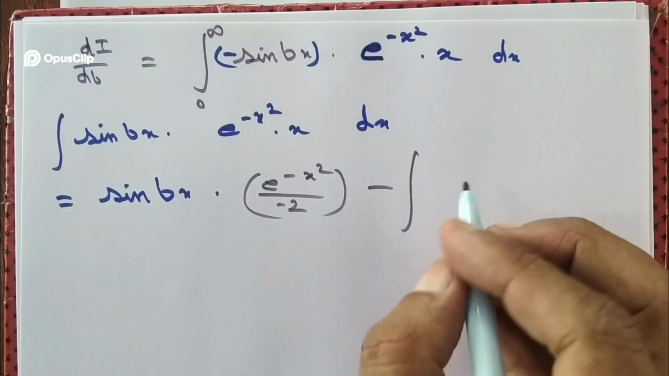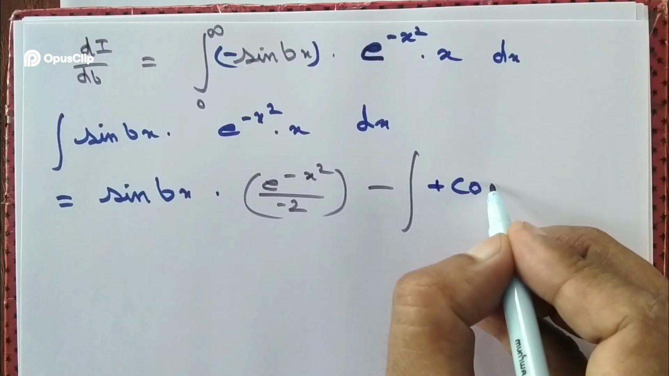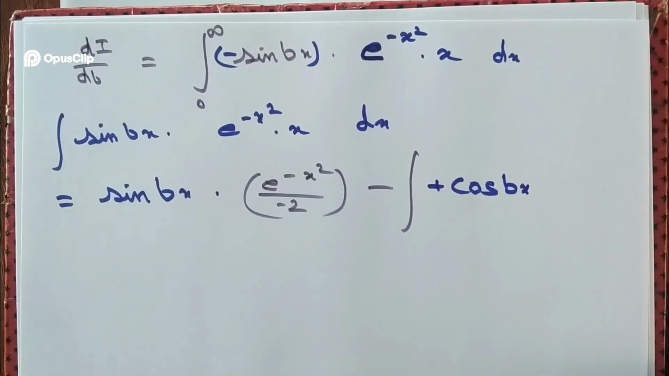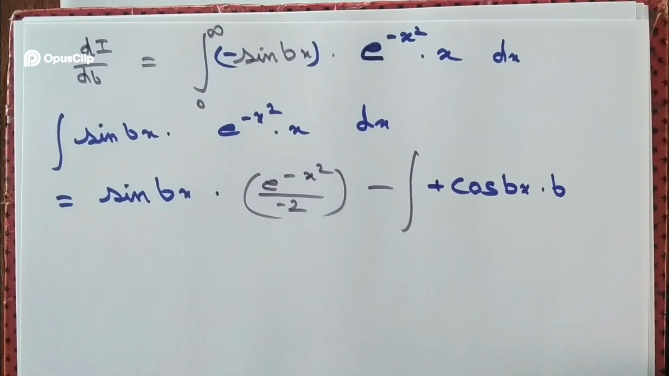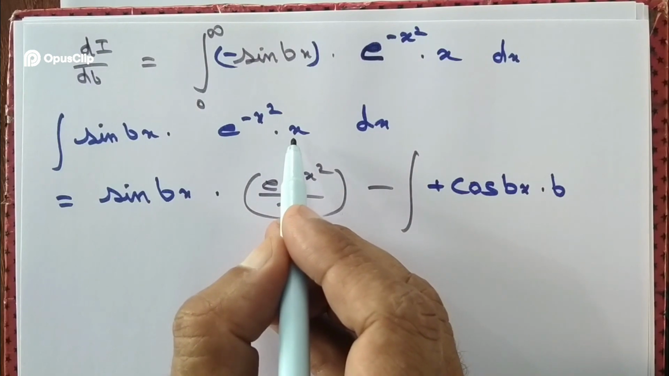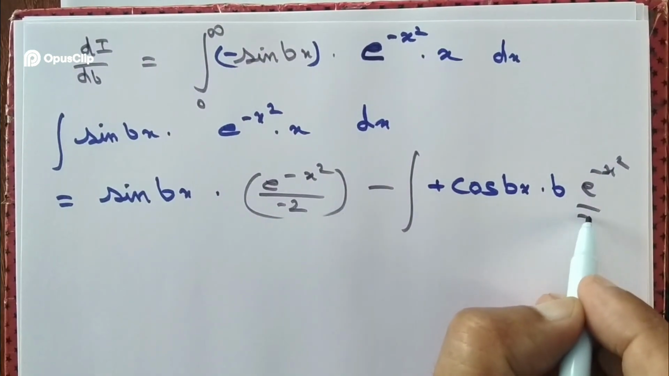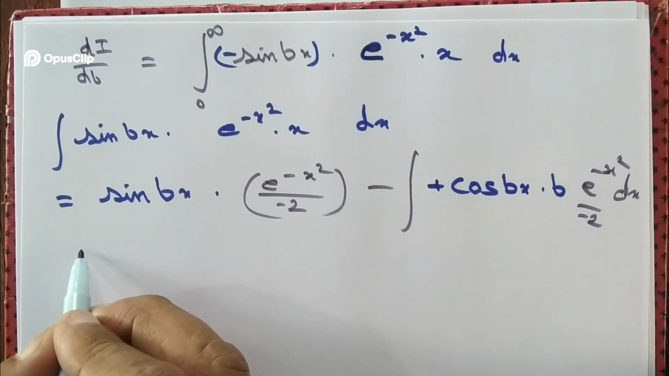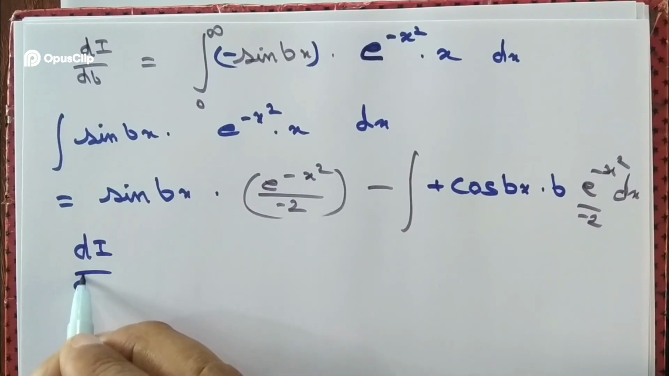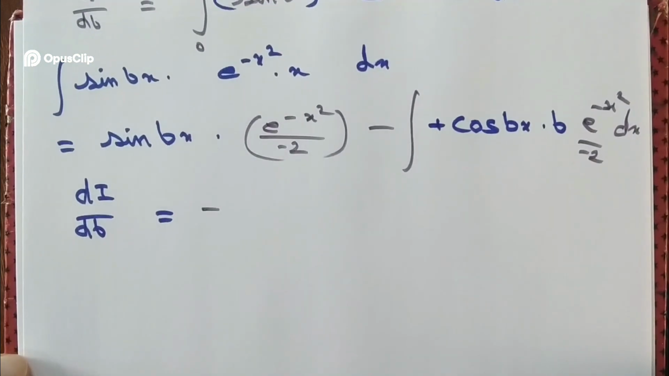The derivative of sine bx is simply cos bx, but we are differentiating with respect to x, so times b. And then the integral of e to the power minus x square times x is e to the power minus x square by minus 2 dx. So we can write dI/db equal to minus, we can write outside of the integral, and then we apply the limit